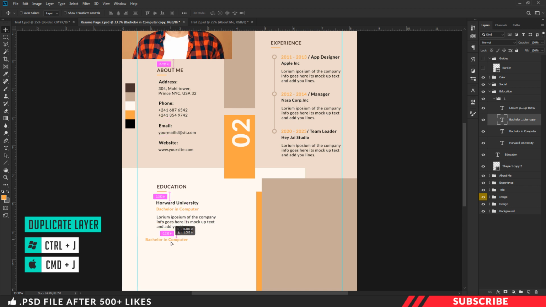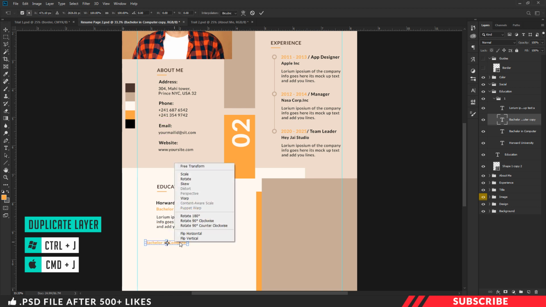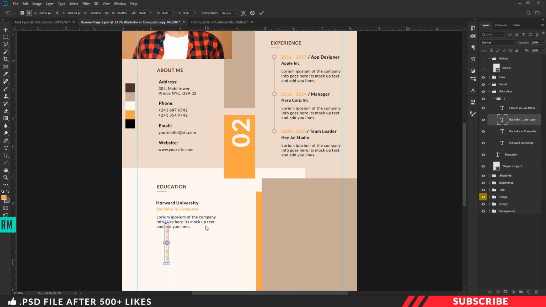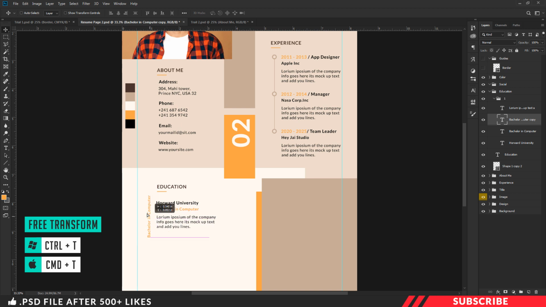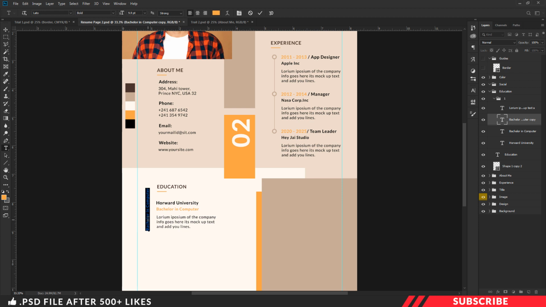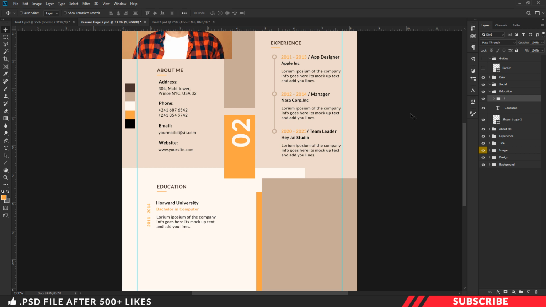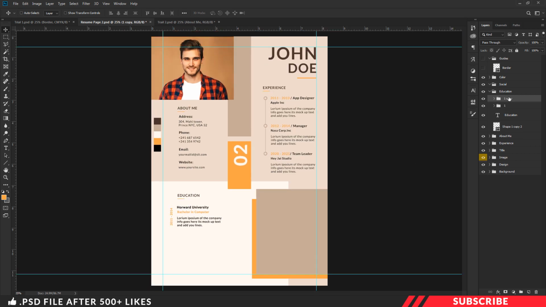Now I'm going to create a duplicate copy of this text content. Now give a 90-degree clockwise rotation. I'll place it here. This one is going to be our year text content. Now add here, which is going to act as a bullet. For experience, we used the circle shape here. We're going to use this year as a bullet. Fine. Now our group 1 text content is ready.